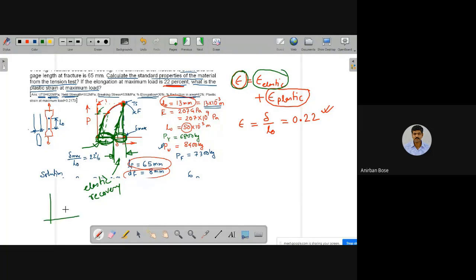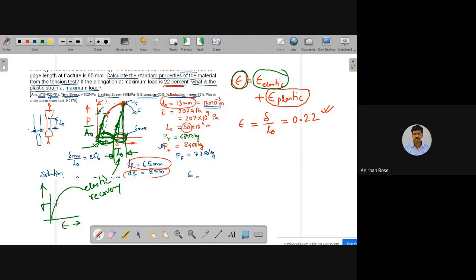What we know in the stress strain diagram, if instead of a load elongation diagram, it is a stress strain diagram, how will the stress strain diagram be different from the load elongation diagram? Only you are dividing by a constant quantity which is not changing. So the shape of the stress strain diagram will be exactly similar, only the size might change. Only the magnitude will be different because P is divided by a constant quantity, the initial area, and delta is divided by the initial length.